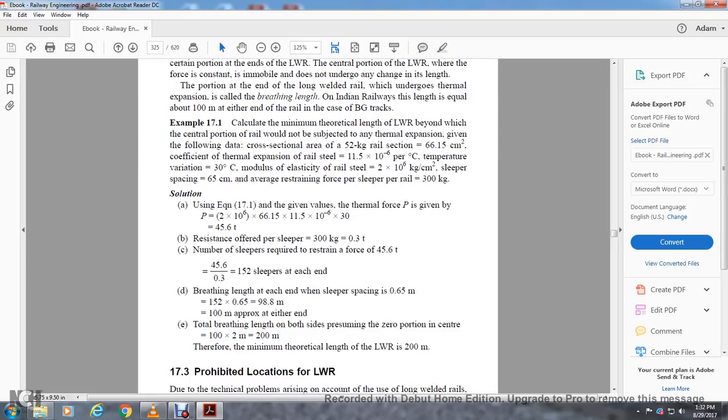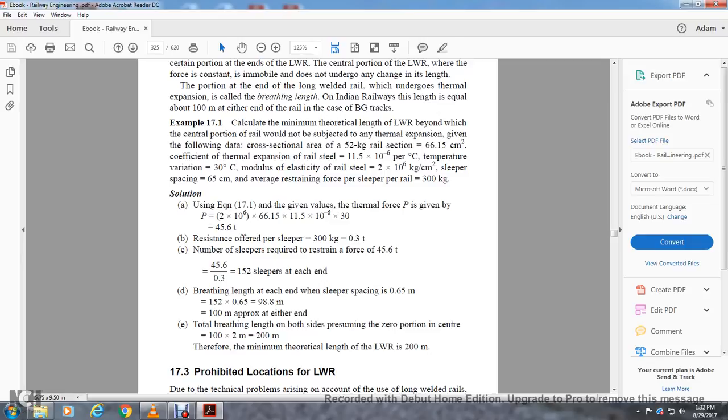Alright, example 17.1. Calculate the minimum theoretical length of the long welded rail beyond which the center portion of the rail will not be subject to thermal expansion, given the following data. The cross-sectional area of the 52 kilogram section is 66.15 centimeters squared, the coefficient of thermal expansion of rail steel is 11.5 times 10 to the negative 6 per degree Celsius, temperature variation 30 degrees Celsius,